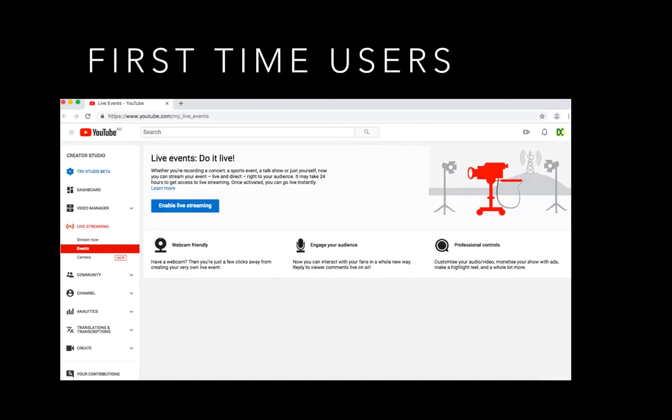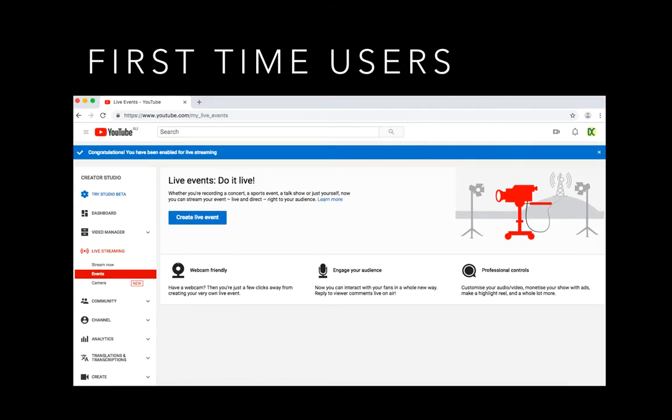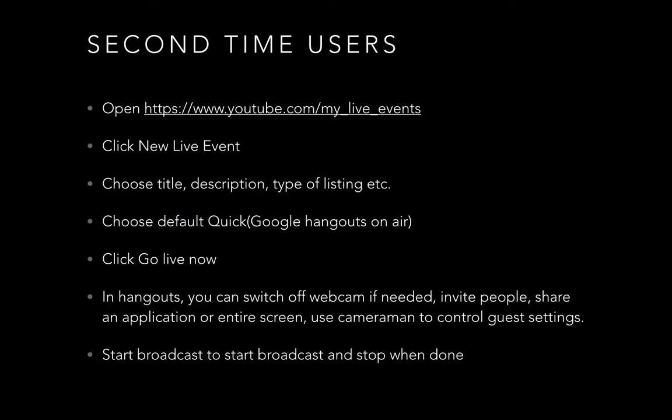So if you are a first-time user, you might see this screen when you go to that page. It'll ask you to enable live streaming, and enabling this might take up to 24 hours. Once it's enabled, it will show you the page which says you have been enabled for live streaming and create live event. So for second-time users, you could directly go to